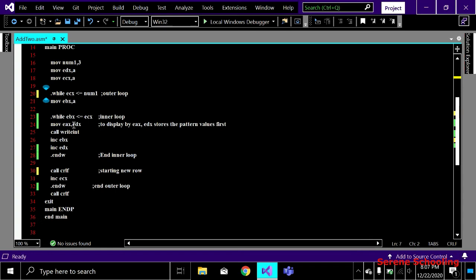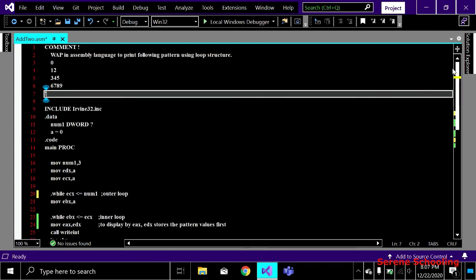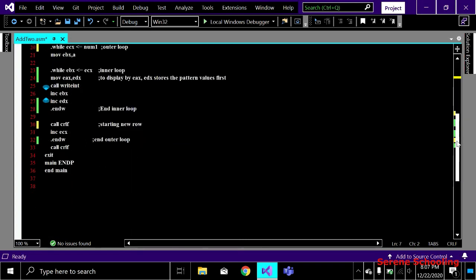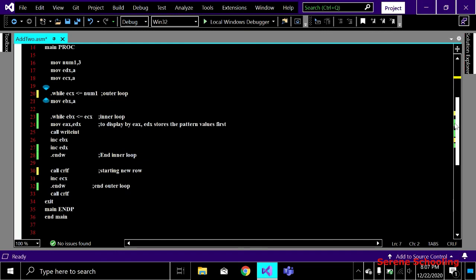Yes, we will print that EDX value, that is 7, on the screen, then EDX becomes 8, then EBX becomes 2. Is 2 less than or equal to 3? Yes, then it will increment, then 3 less than or equal to 3. Yes, we will print EDX on the screen till 9. I know I am doing it in a hurry because I have told the concept already, how we are going to achieve this.